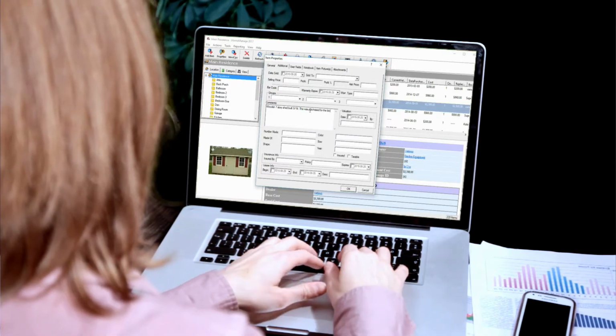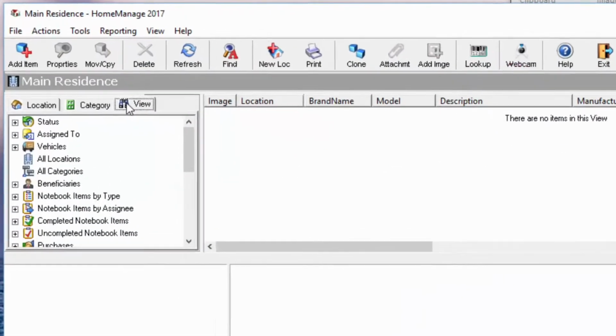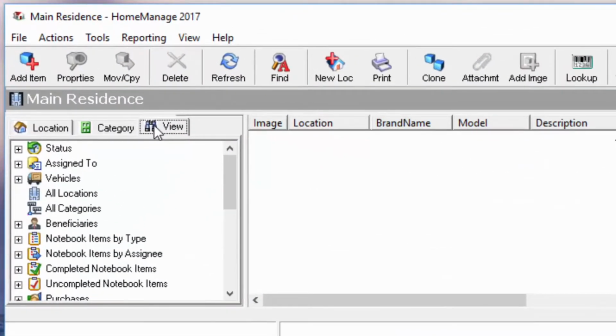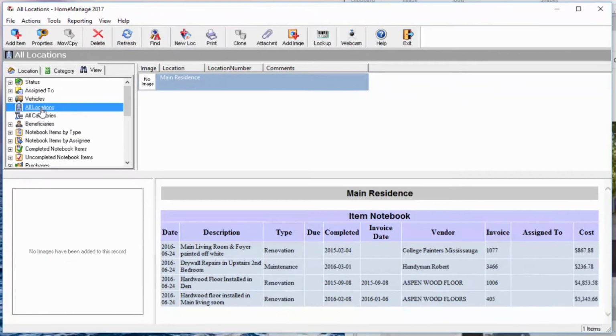So here are some of the new features. Let us go through the new additions we've added to HomeManage 2017. First of all, I'm going to click on the View tab here, and we've added several new sections. One of these is the All Locations as well as the All Categories. We'll click on All Locations first, and that just gives you a list of all the locations you've inventoried or